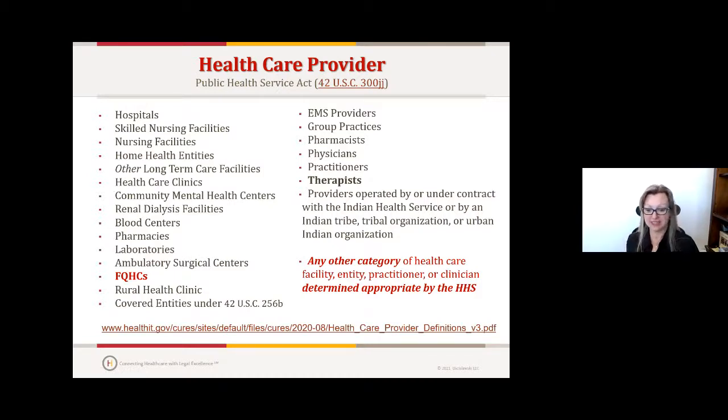Now, there were some complaints coming up. I can't remember if I read it on the ONC's blog or where this came up, but there's a number of organizations that are recognizing, hey, there's a lot that you're missing here, ONC. There's a lot of social service agencies, a lot of government agencies, and so on and so forth, that are just simply not on the list, and hey, it's not fair. We really need these other kinds of organizations to be held to the same standard. We need the electronic health information from them just as much as we should be sharing information, and it's really limiting the full scope of the intent of this rule, which is for that EHI to really have that free flow.